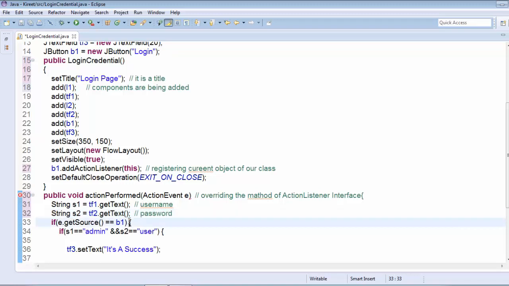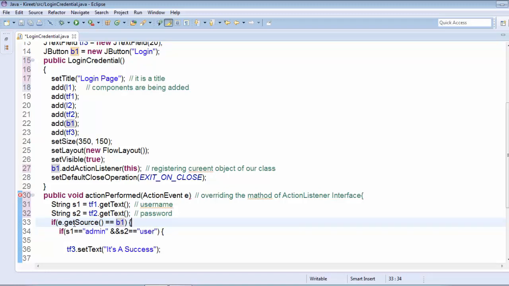Now the important task. There is only one source, only one button, so we could neglect this statement. But it's important to use the get source method, because if we have n number of components in our form, then it is very useful, because it will fetch the source at which the event has occurred.